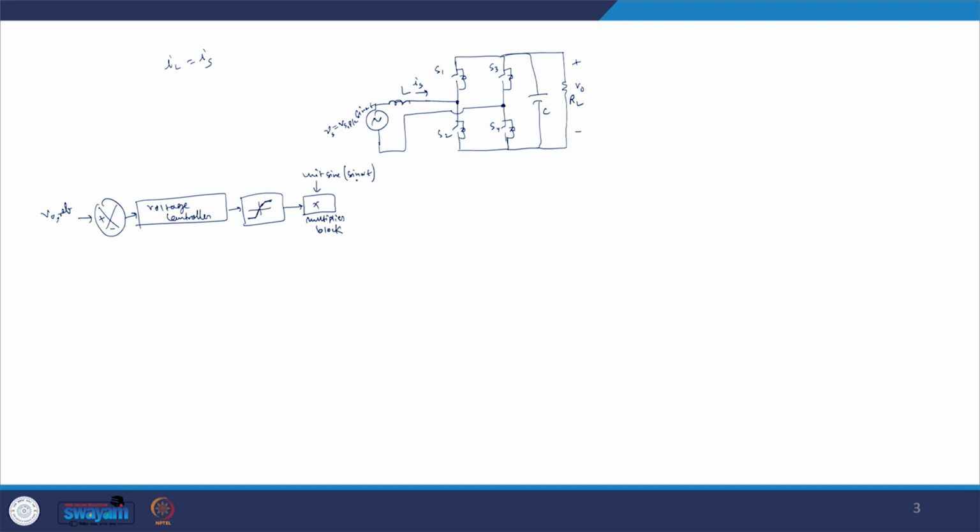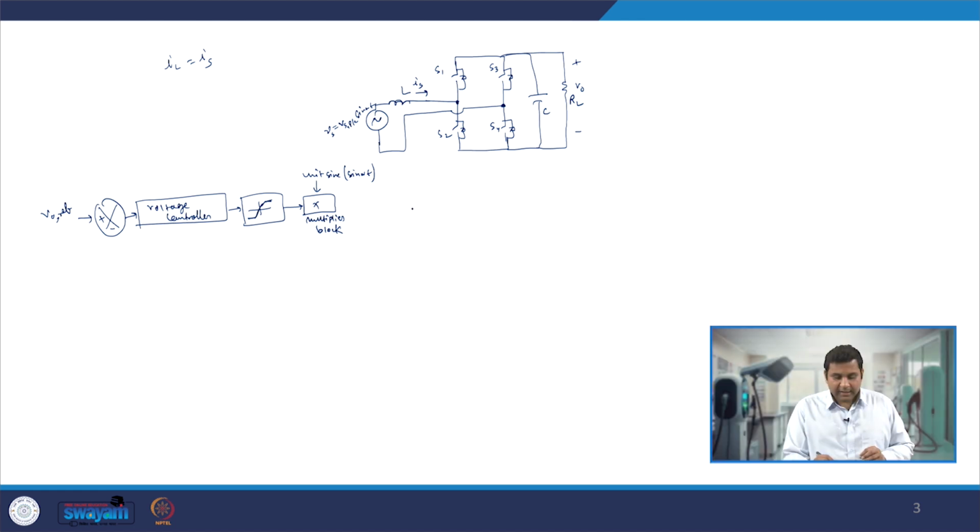So we need to track these small variations in frequency to accurately detect the zero crossings and match the sine omega t, which is a difficult thing to do. There is a lot of literature available addressing this problem using advanced phase lock loops and filters. However, in this particular lecture series we are not discussing that.